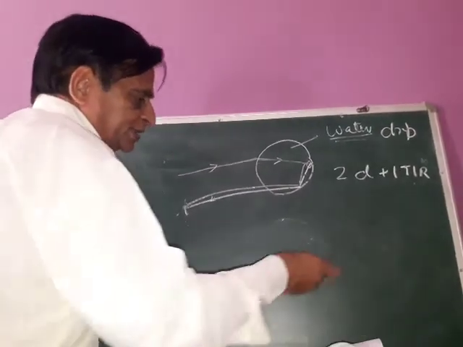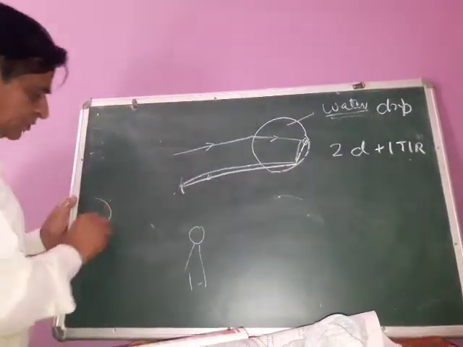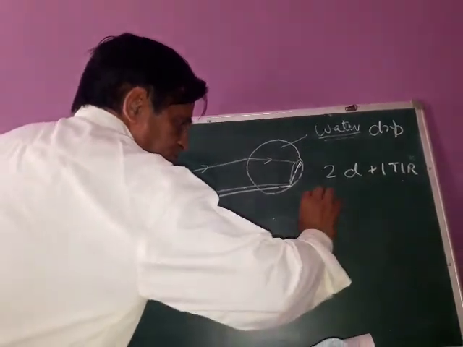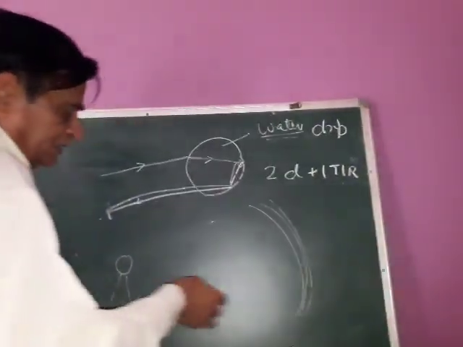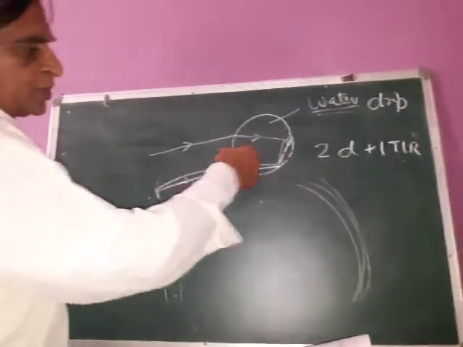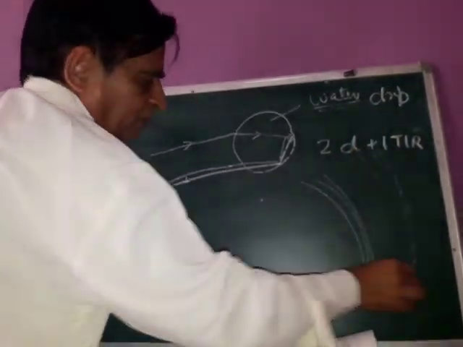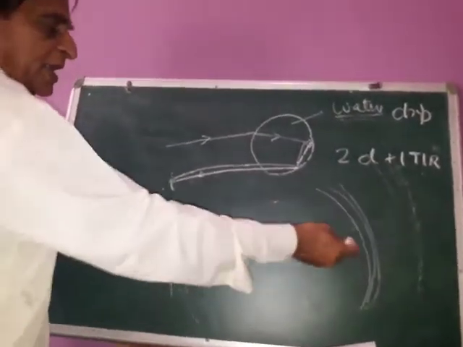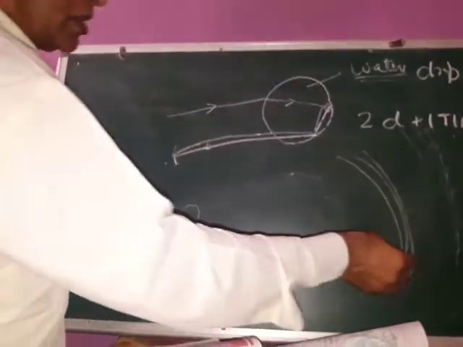So actually, if somebody is watching here, with the sun from this side, you will get one rainbow. This is called the primary rainbow, and there will be a secondary rainbow due to the double reflection, which will be much lighter than the first. The primary is much brighter and clearly seen, and this one is faint and not so clearly seen, but the order of the colors will be reversed in the second order.